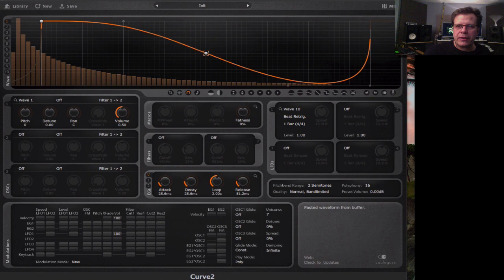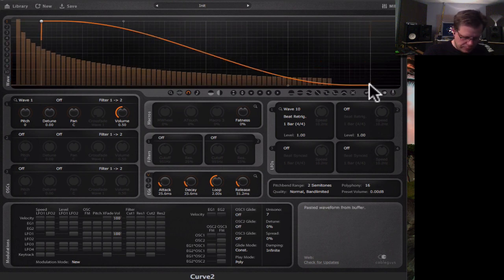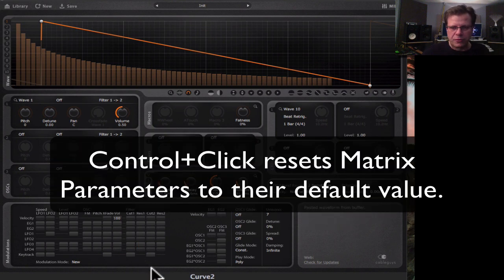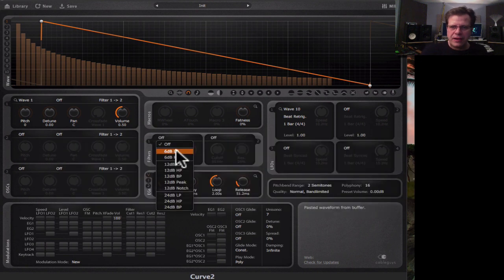One other trick I want to show you real quick. Let's say it's a sawtooth. I think you can hold down Option. Yeah, Control, and click, and it turns those parameters off. So the filter section is right here, and you have 6 dB, 12, and 24 dB. The 12 dB filter